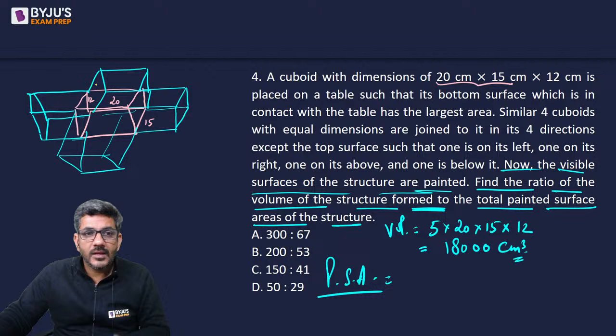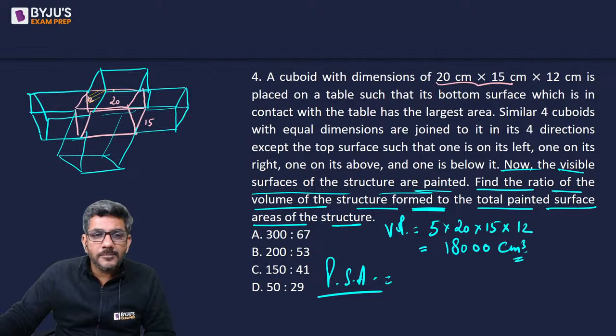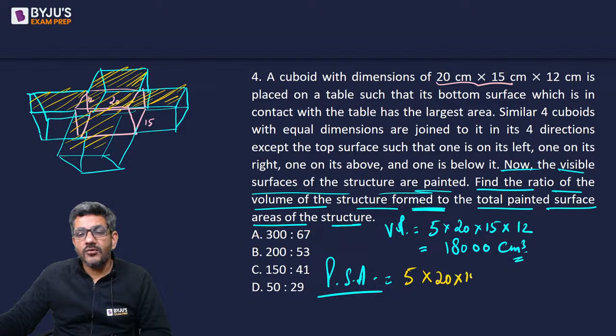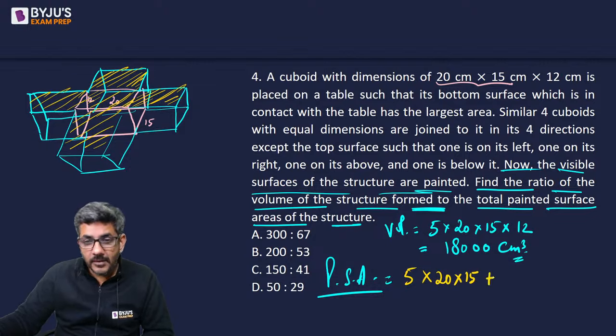First of all, can I say this top surface is equal to 20 into 15? Similarly, this top surface will be 20 into 15. This top surface is 20 into 15 and this top surface is 20 into 15. So there are 5 surfaces of 20 into 15, plus